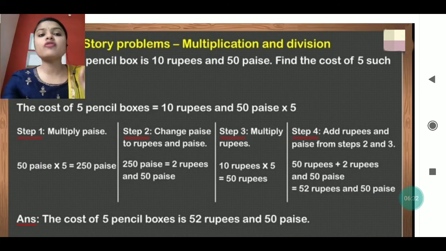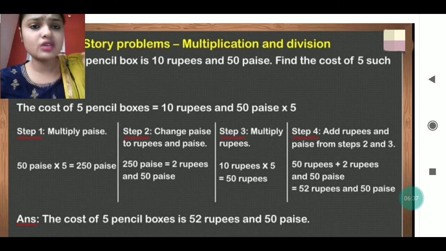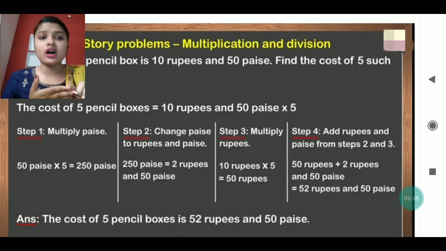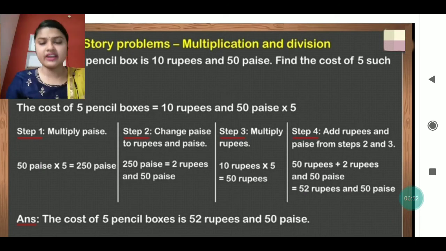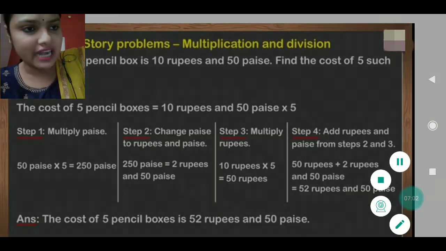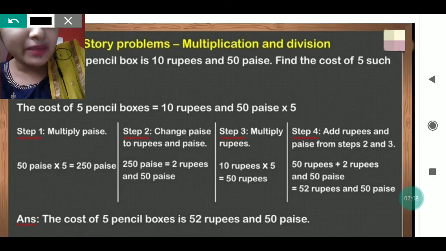So what can be the statement? I have already told. Now you can write the statement in this way. There the step by step how to multiply is given, but you can write the statement of this question in this way. Cost of pencil box, that is written, cost of 5 pencil box. Upside it is written that is 10 rupees and 50 paise. After that you can mention one more statement, number of pencil box, that is 5. There it is not mentioned, you can mention that one.